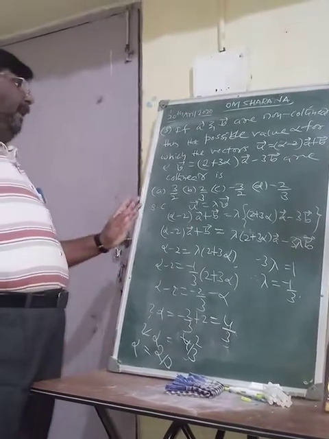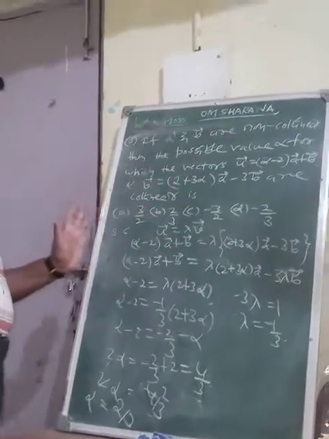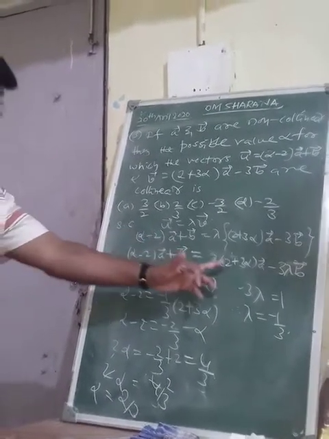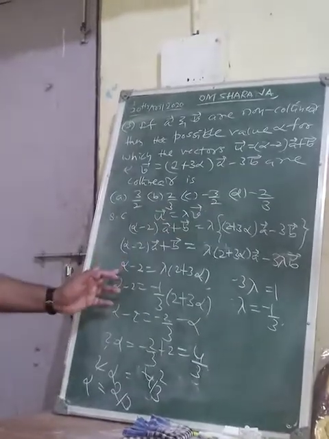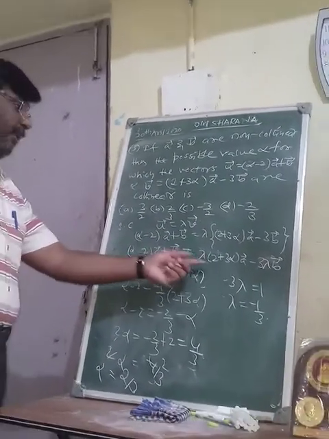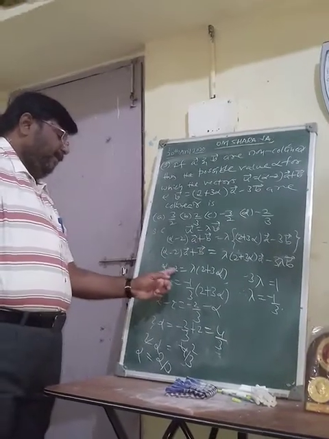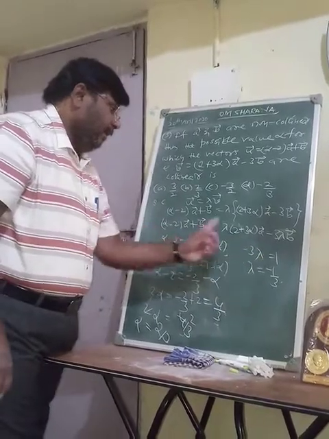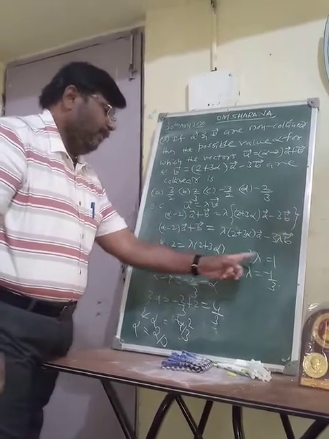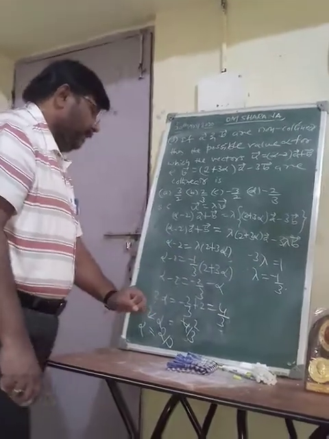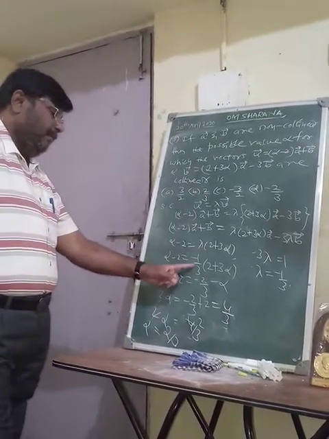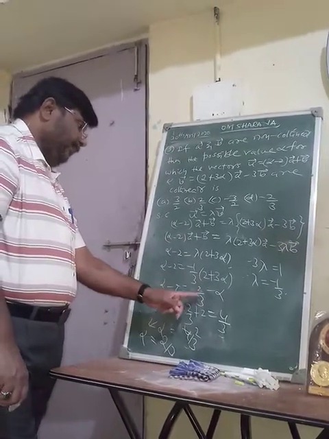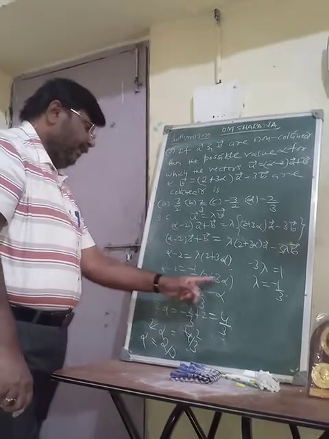So it is given that these two vectors U and V are collinear. Therefore the condition is U plus lambda V equal to 0. After simplifying this, comparing the corresponding coefficients of vector A and vector B, alpha minus 2 equal to this, and for vector B, here minus 3 lambda. The coefficient of vector B is 1, so 1 equals minus 3 lambda, lambda equals minus 1 by 3. If you substitute the lambda value here, minus 1 by 3 into 2, minus 2 by 3. Minus 1 by 3 into 3, 3 cancels, minus alpha.